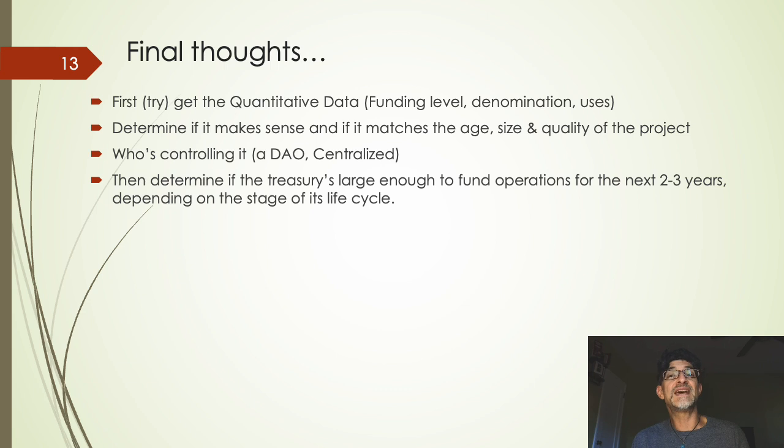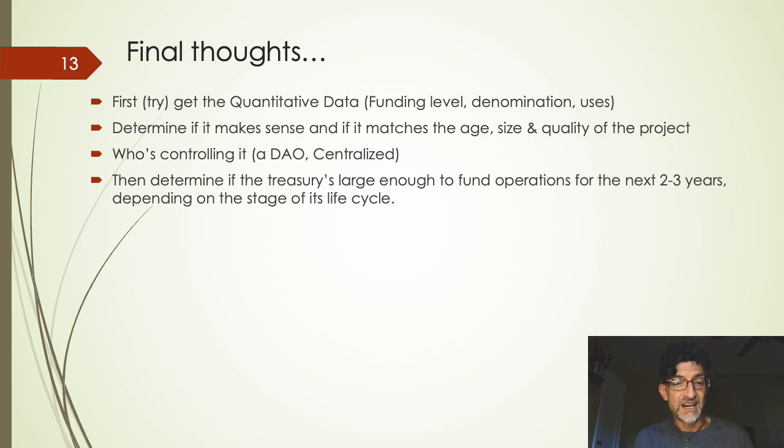So what I was talking about today was only funding at the layer 0 and layer 1 level. Hopefully the dApps can get enough funding to help sustain the viability of the layer 1 and layer 0 chain, as well as their own app. So who's controlling it? We talked about that. Make sure it's not too decentralized, because if it's too decentralized or there's someone controlling it, either way it's bad. You don't want the money disappearing. If they're centralized and someone's controlling it, you don't want them to be spending the money. And vice versa. If it's a DAO, you want a DAO, but you don't want everyone in the DAO voting to